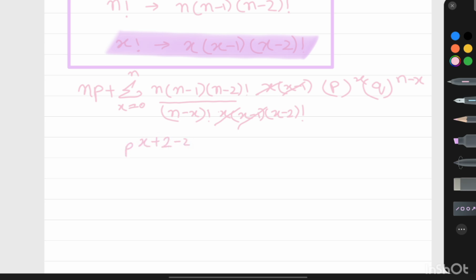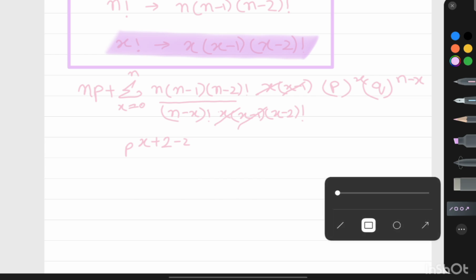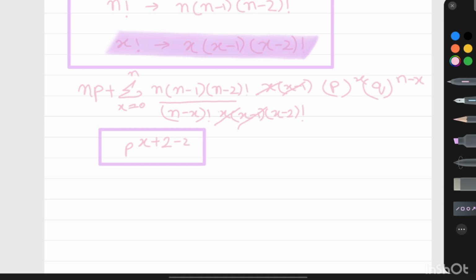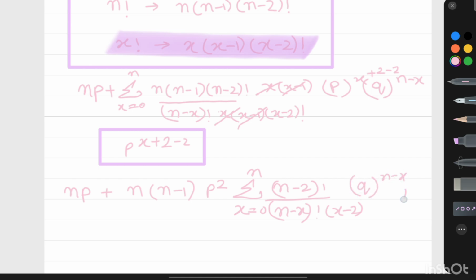Because we have written two terms, we need to make this term into a term like this: p plus q n minus 2. हमें इस फॉर्मेट में बनाना है, तो हमें ये चीज़ चाहिए. तो हम जो है p को ऐसे लिखेंगे: बेसिकली चीज़ें याद करने की है, इसमें कोई मतलब सोचना नहीं है कि ये कहाँ से आया। इट्स जस्ट यू नीड टू मेमोराइज इट। सो n p, अब हम p को जो है p प्लस x प्लस 2 x माइनस 2 लिखने वाले हैं, ठीक है। तो मैं यहाँ पर लिख देती हूँ, ठीक है। तो अब यहाँ से हम कॉमन ले सकते हैं। हमें यहाँ पर कॉमन लेना है n माइनस 1 फैक्टोरियल एंड p की पावर स्क्वायर, ठीक है। ये कॉमन लिया, अंदर जो बचा है आपका पार्ट x इज इक्वल टू ज़ीरो, n माइनस 2 फैक्टोरियल n माइनस x और x माइनस 2, और यहाँ पर p n माइनस x और p x प्लस x माइनस